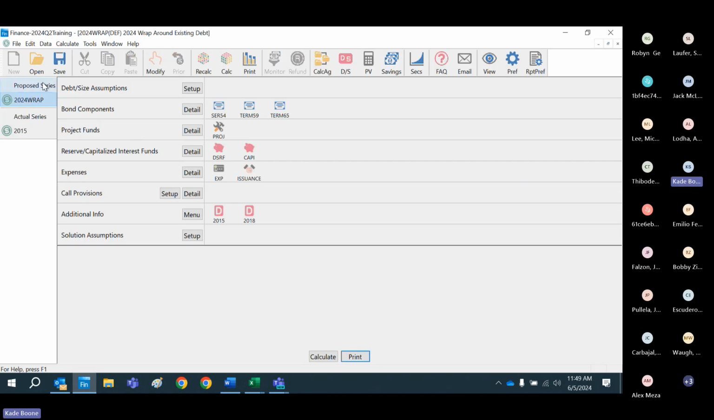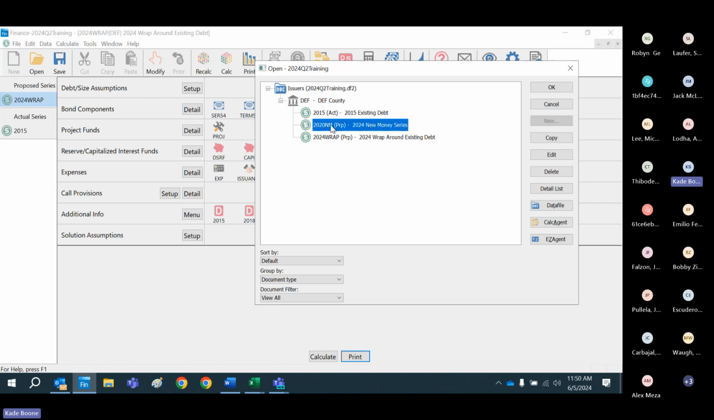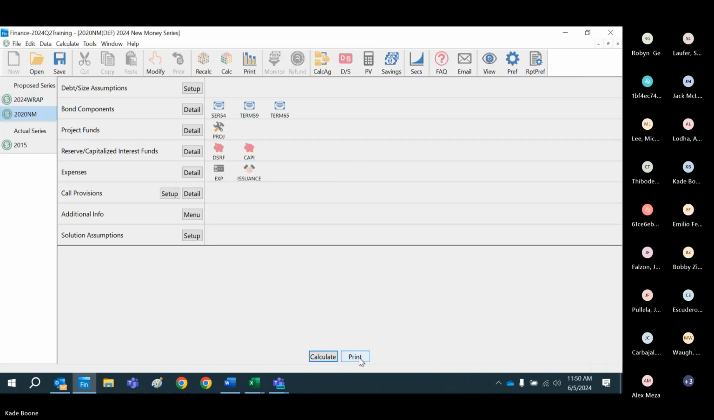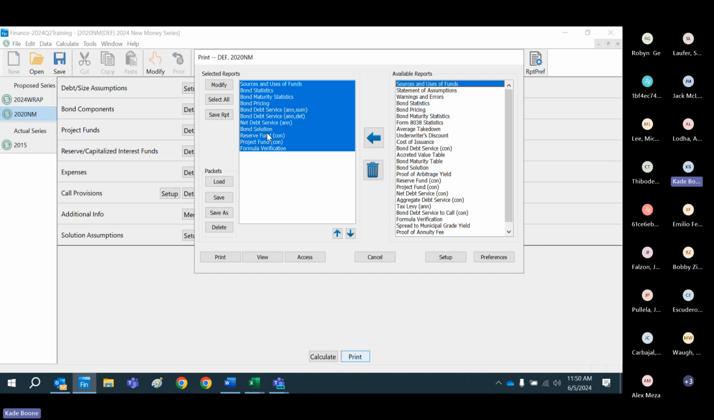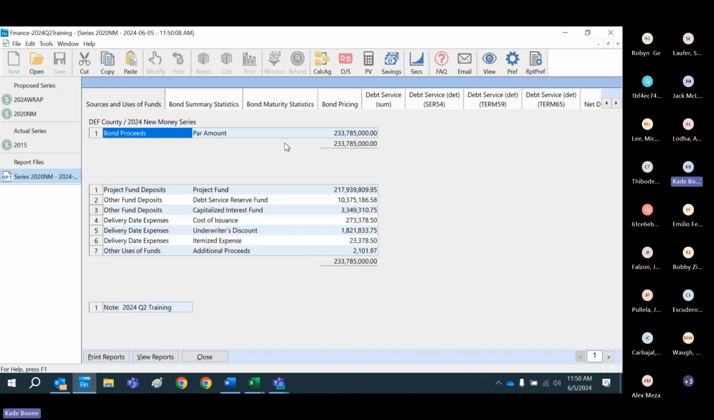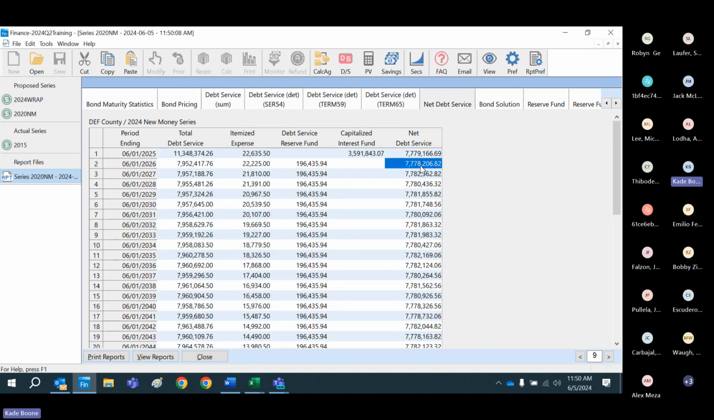Now, going back to our original, let's see, bond debt service. You may go, okay, that's great, net debt service, but I need it to be, let's say, 8 million a year, right? You have specific debt service amounts that you need to produce without exceeding. How do I do that? Well,